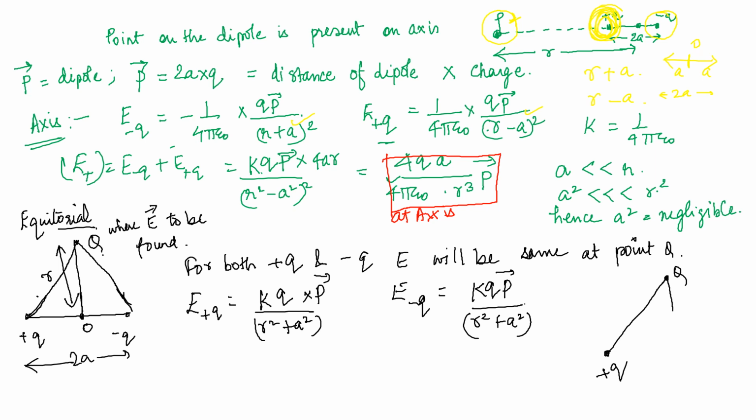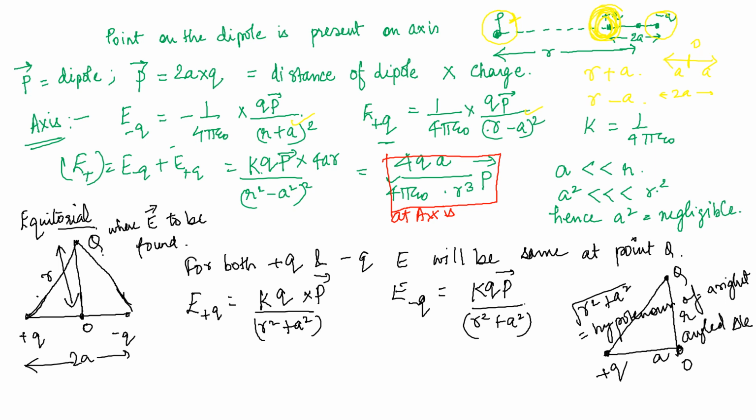See, we are using Pythagoras theorem here. This is R, this is A, this is O. So according to Pythagoras theorem, R square plus A square whole under root will give us the hypotenuse of a right angled triangle. Okay. So the equivalent E will be, it will come around K into 2Q